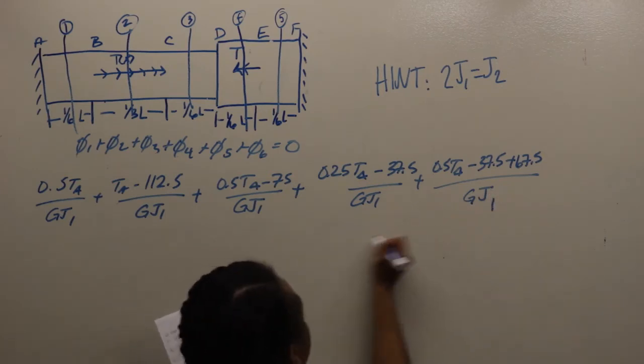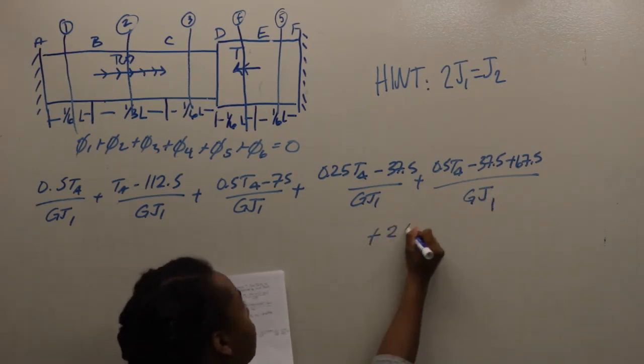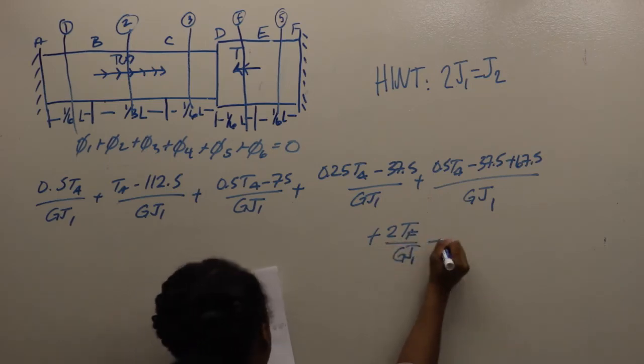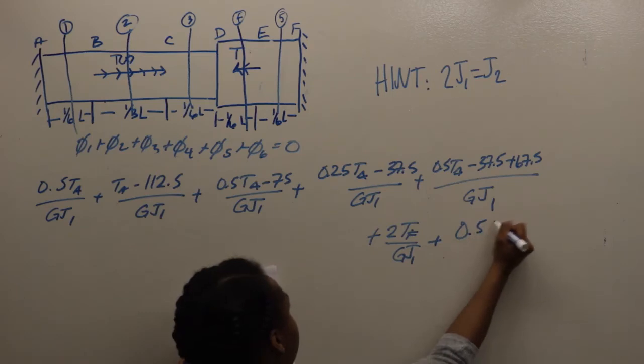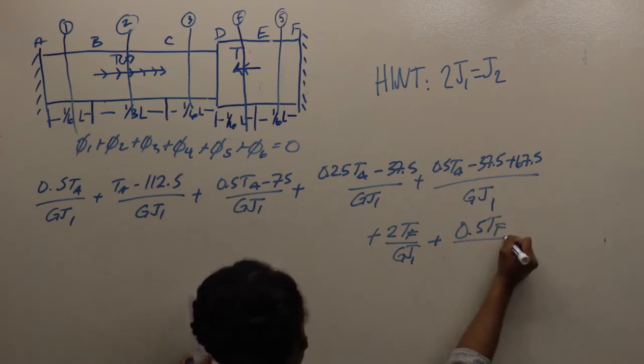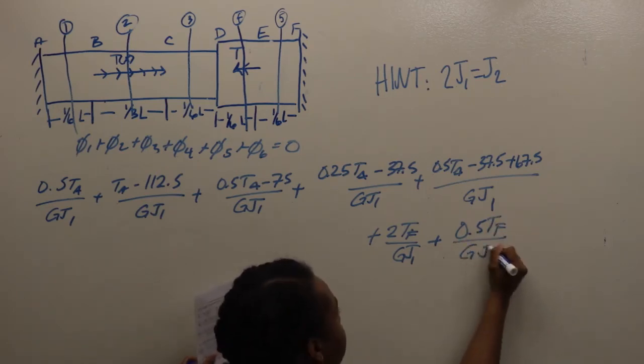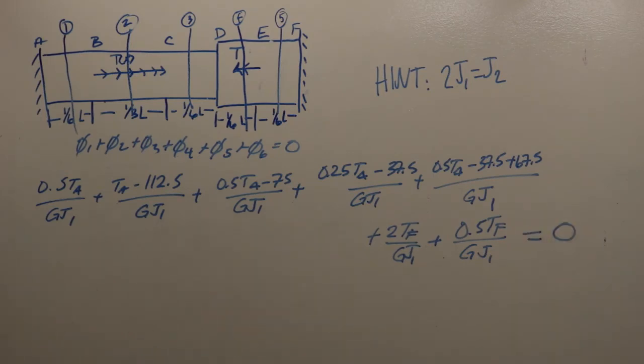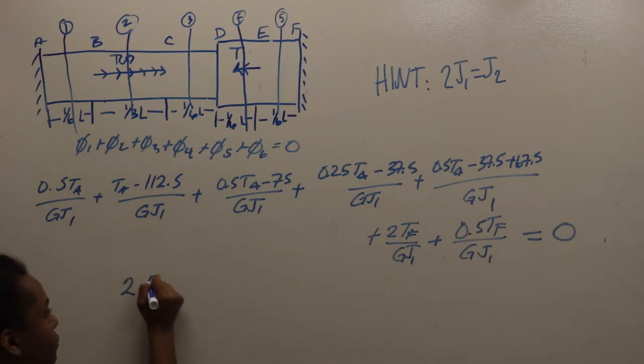And then you add the contribution to F. And all of that should equal 0. Then once you add everything, subtract everything, you should come up with